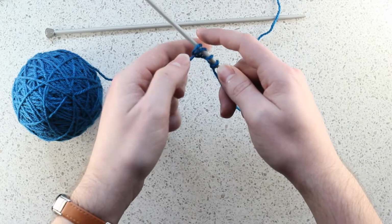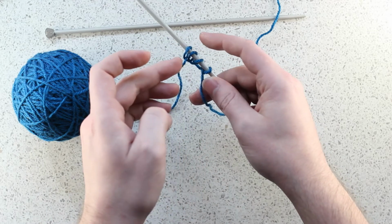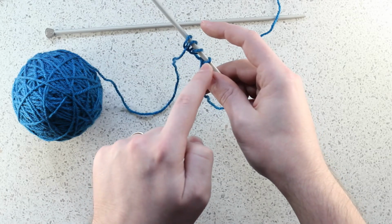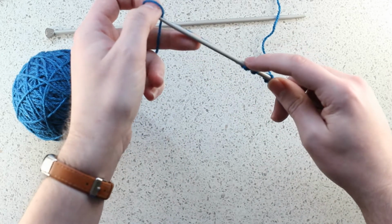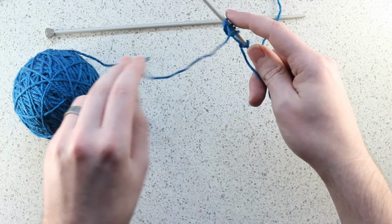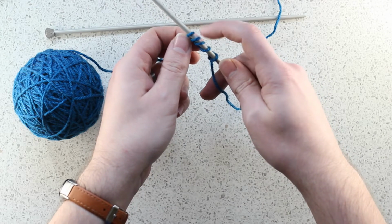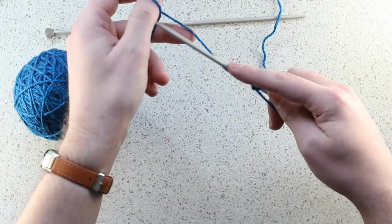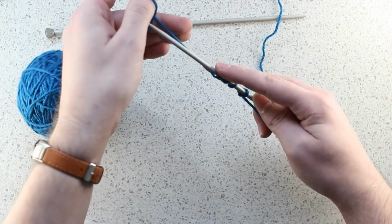Now when you're knitting with a pattern, what they'll most probably tell you is how many you need to cast on, and that number usually includes the slip knot as well. So if we continue on, let's say that we needed to do 7, we've got, at the moment, 1, 2, 3, 4, 5, just 2 more, just creating that loop and just going over there,